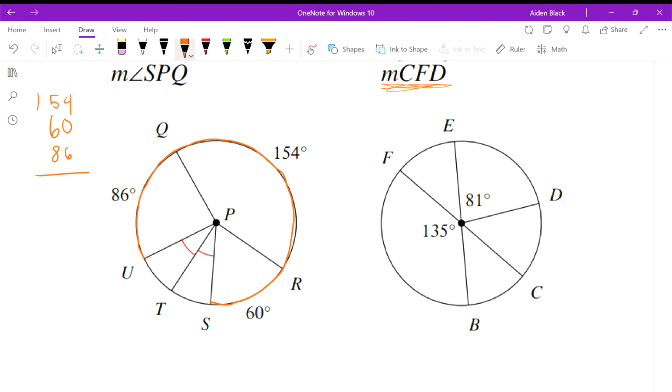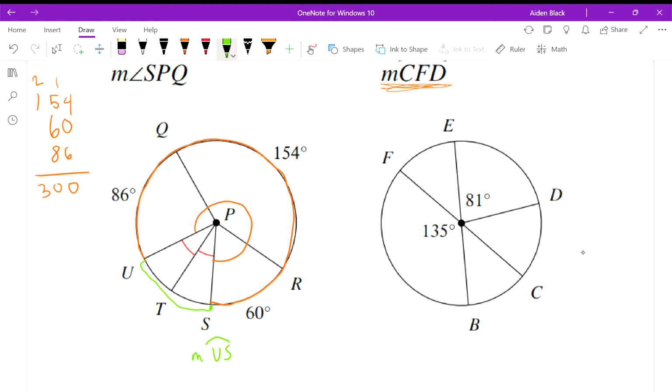Now let's add those up to see what all of that measure is, all of that amount of the circle. So we have 6, 12, 20. Okay, so that's 300 degrees. That means the remainder here, so from here to here, that's, we can say, the measure of arc US,